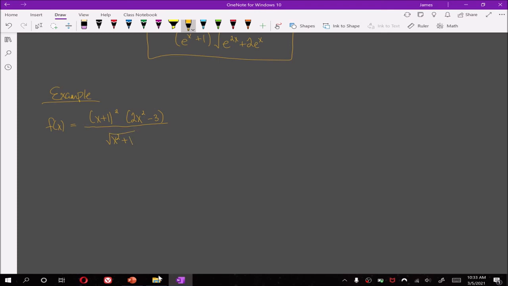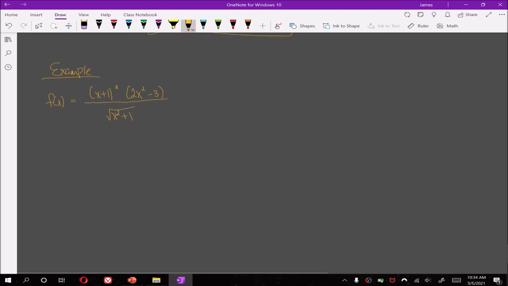Now we could use quotient rule on this. However, the algebra is going to be really hideous, right? So let's make use of implicit differentiation, and